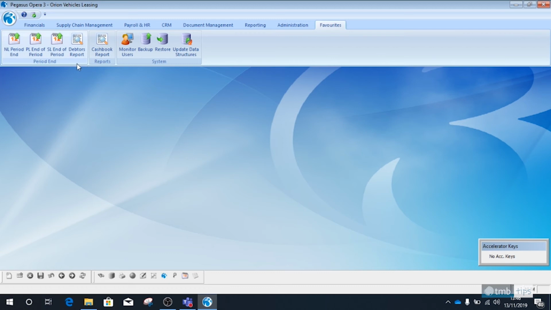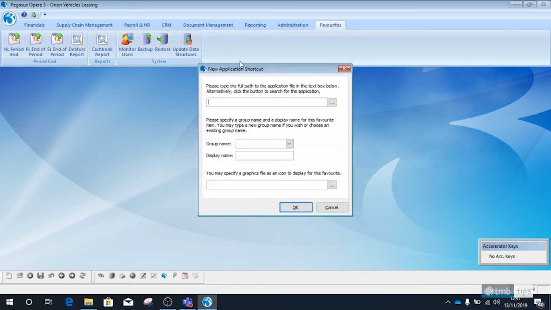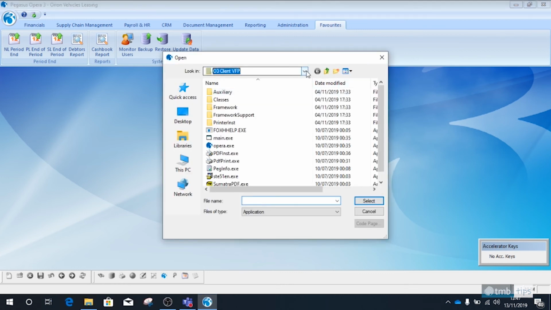What's also quite nice is you can add a link to an application from outside of Opera to your favourites bar. So what you would do is just right click on the favourites tab, add new application shortcut to favourites, and this opens up this form here. So you need to know where the executable is for that particular application, so if that's Word or Excel for example. I'm going to link to Internet Explorer so that I can have a quick shortcut to our internal SharePoint site. So if I click on the ellipse and find